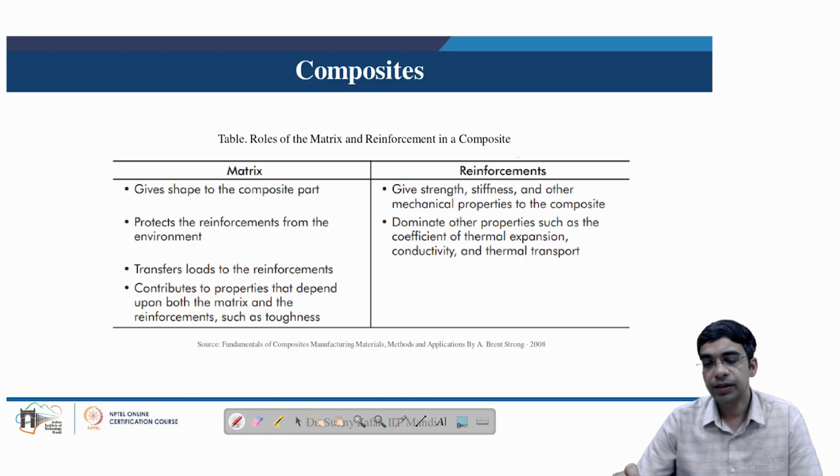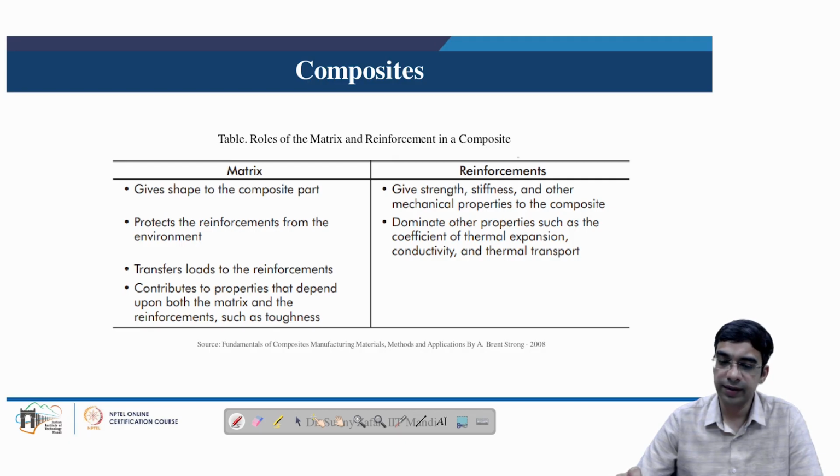The reinforcement is the significant proportion in the composite, generally more than 50%, and it can go as high as 60 to 65% by weight. The main role of the reinforcement is to give strength, stiffness, and other mechanical properties to the composite. It has to dominate all other properties such as thermal expansion, conductivity, and thermal transport also. So given this important role,